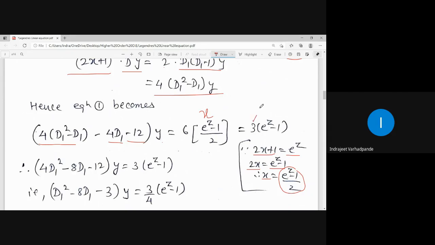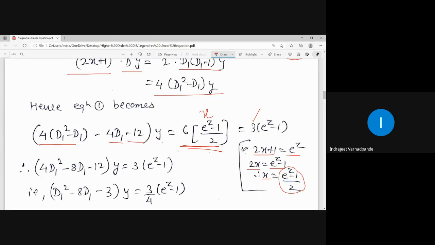6 by 2 will become 3. So that will be 3 multiplied by (e to the power z minus 1). That is how the simplification works. Whenever we are changing the operator from d by dx to d by dz, no term should be present in the form of x. Everything is to be converted in the variable z. Later on, calculating the complementary function and particular integral in the form of z. In the last step, I will be replacing the value of z in the form of x. So always remember, whatever is the RHS containing x, that is to be converted to z very strictly.